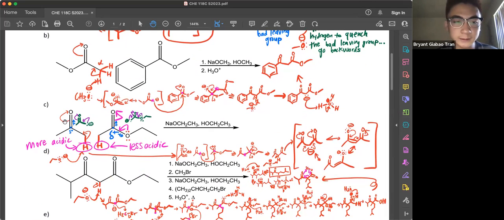So in the third example, we have 2 compounds that have alpha hydrogens, but we're going to deprotonate the alpha hydrogen that is the most acidic. So we see here the ketone alpha hydrogen is more acidic than the ester alpha hydrogen because when we look at the conjugate base of the ketone acid,